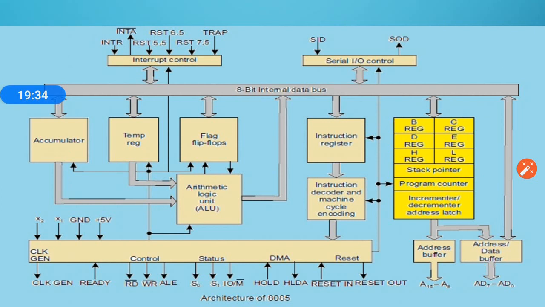Normally, for a microprocessor to perform dedicated tasks, we have to provide it some set of instructions, right. These are the codes we have to provide to the microprocessor so that it can perform dedicated tasks. But the problem is